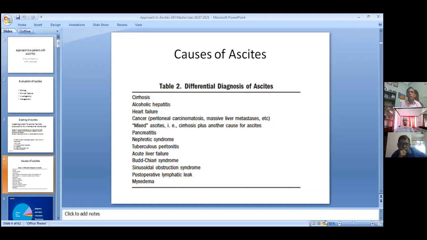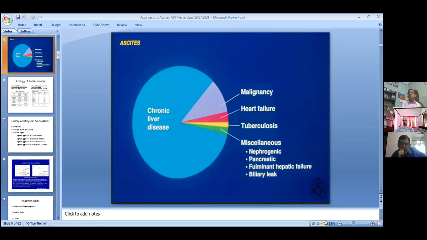Acute liver failure, as mentioned, can cause ascites. Hepatic venous outflow obstruction, that is Budd-Chiari syndrome, can produce ascites. Sinusoidal obstruction syndrome, post-operative lymphatic leak after surgery, and hypothyroidism can also produce ascites. So this is Western data: the commonest, about 75 to 80%, is due to cirrhosis, about 10 to 15% is due to malignancy, and 5% can be due to heart failure. In the West,